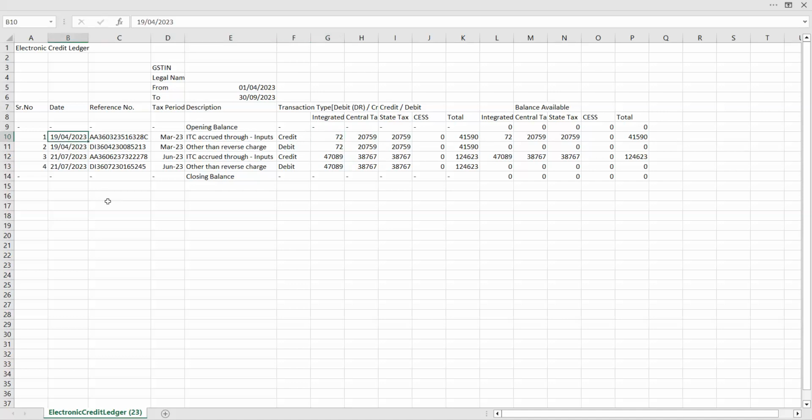My due date is 20th April. Okay, don't go by it; it is a quarterly return, 22nd April, whatever it is. So let us stick to 20th April. They have filed it on 19th April. So I have claimed it on 19th April in the portal, and I have utilized it for the same March liability, 72 rupees. Same way, if you see 20,759,